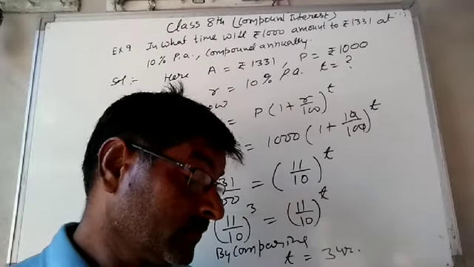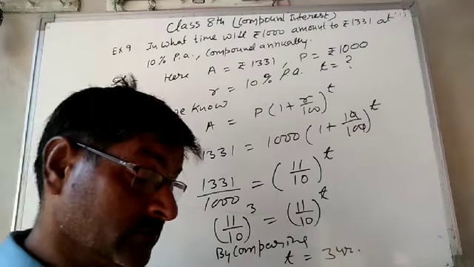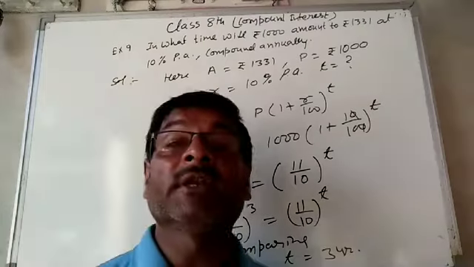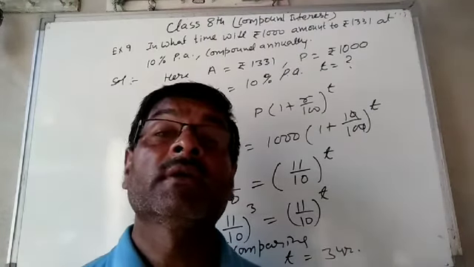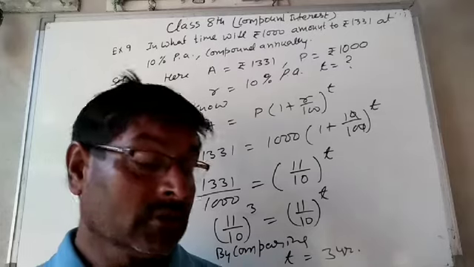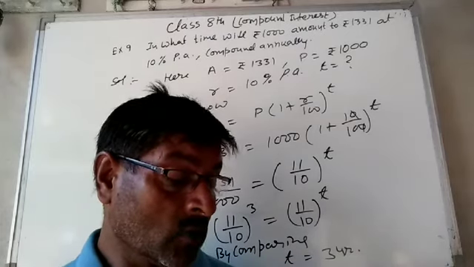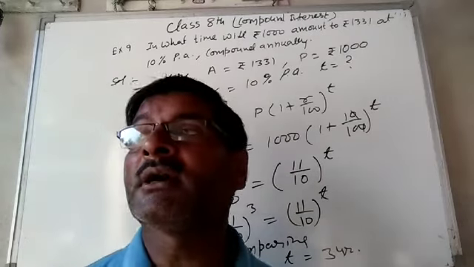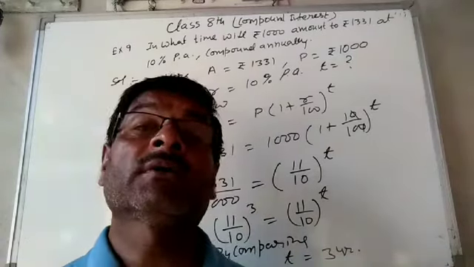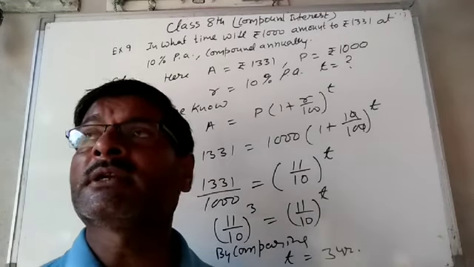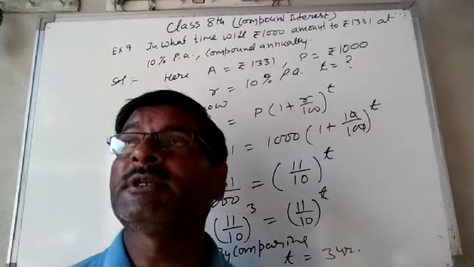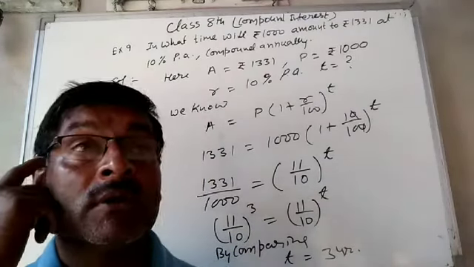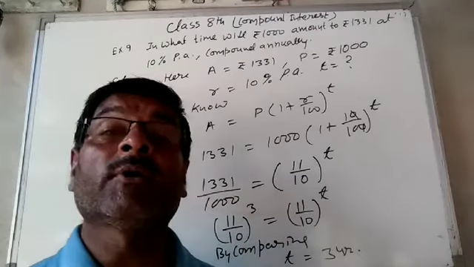Yesterday we have learned, when the simple interest, rate and time are given, how can we find the compound interest when the rate and time are the same for both cases. Firstly we find the principal using the simple interest formula, then we can find the amount using the compound interest formula.